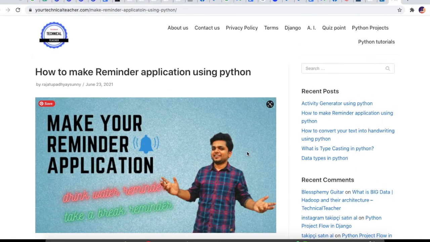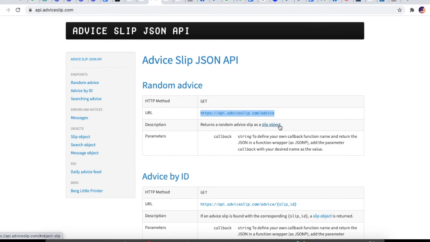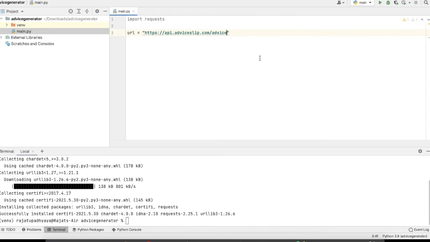Yeah. So now we will see our code here. We just need to create one URL variable. Just copy this and paste it here. Now we create one function which will generate the random advice.